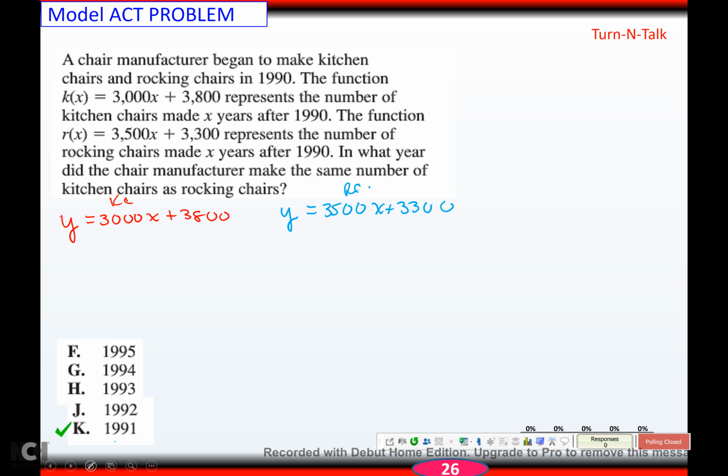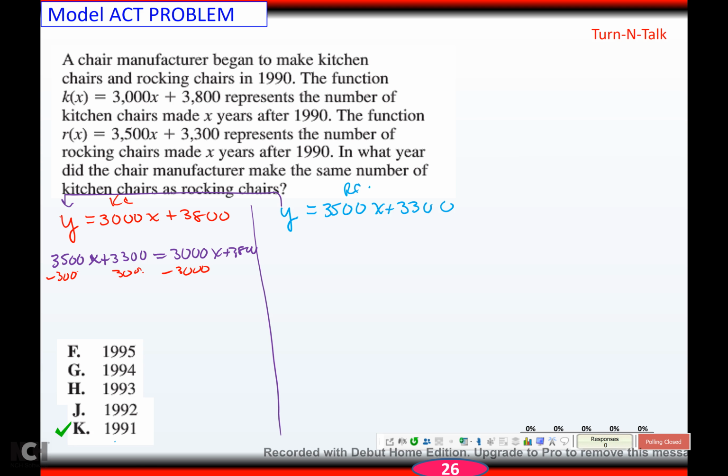Anytime they give you two equations and you're trying to figure out when they are both solved, they're telling you to solve a system. This one I'm going to do substitution on because I have two letters already alone. So I'm going to pick this guy up and move him over here to this y. So I'd have 3,500x plus 3,300 equals 3,000x plus 3,800. Okay, so now let's clean it up. I'm going to minus 3,000,